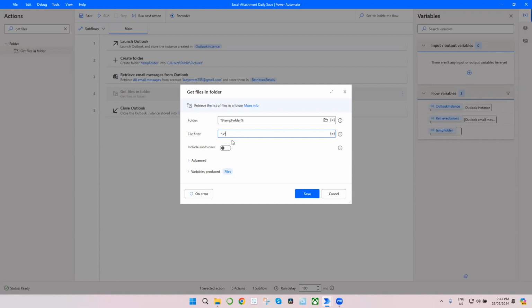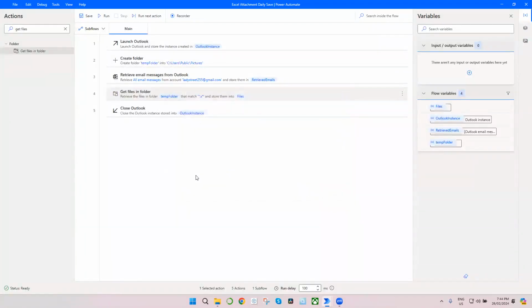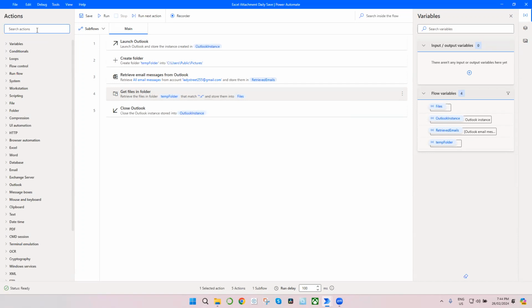So every file whose extension starts with .x, whatever comes after the x, I'm gonna get that file and put it in this variable called files, which is the variable name. So save it, and currently those files are saved in this files variable, and we need to move them